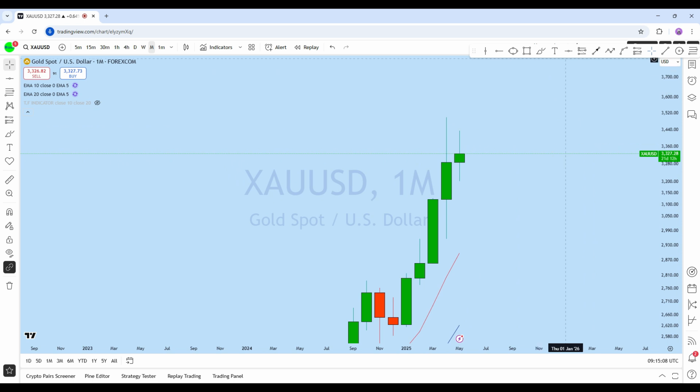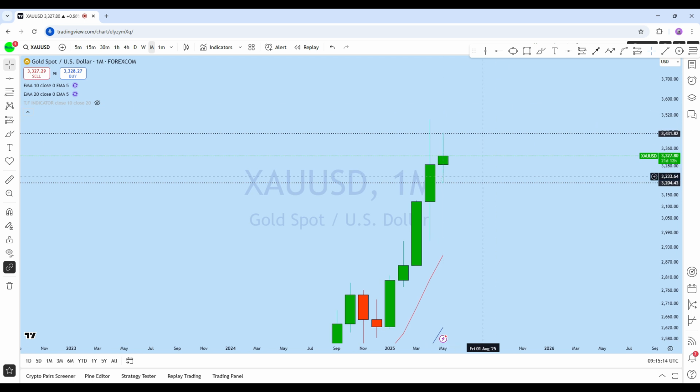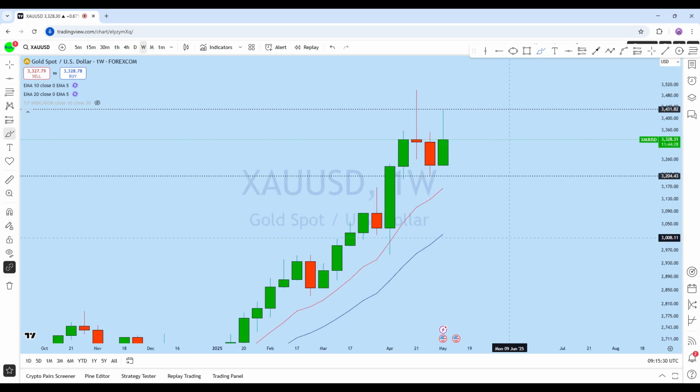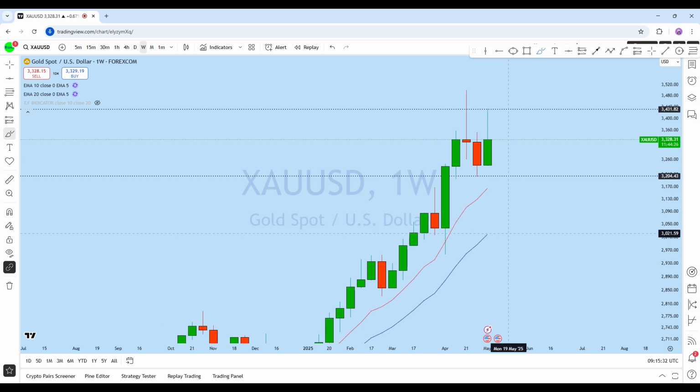Now in that area, what we can see on gold is that this is a support level, and also this is a monthly resistance, and the market is trading in between this support and resistance. Current price is above this monthly support, and we could see that gold potentially, after a retest, could have a bounce to the upside. If we look at the weekly chart to see what kind of price action it is